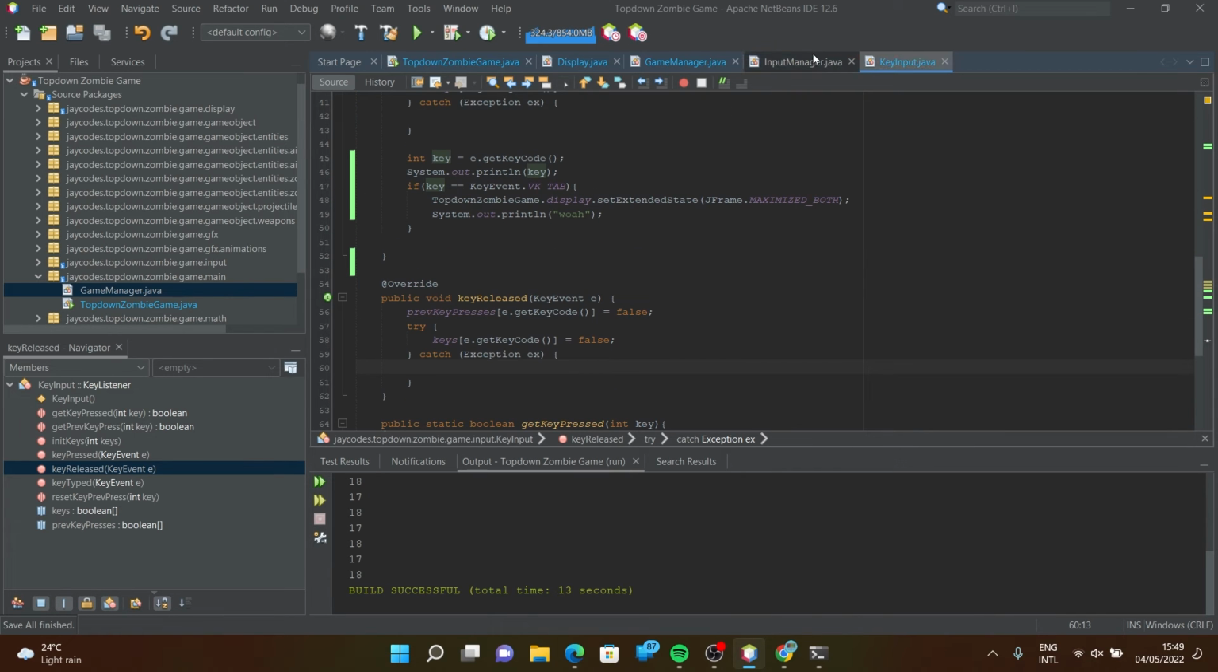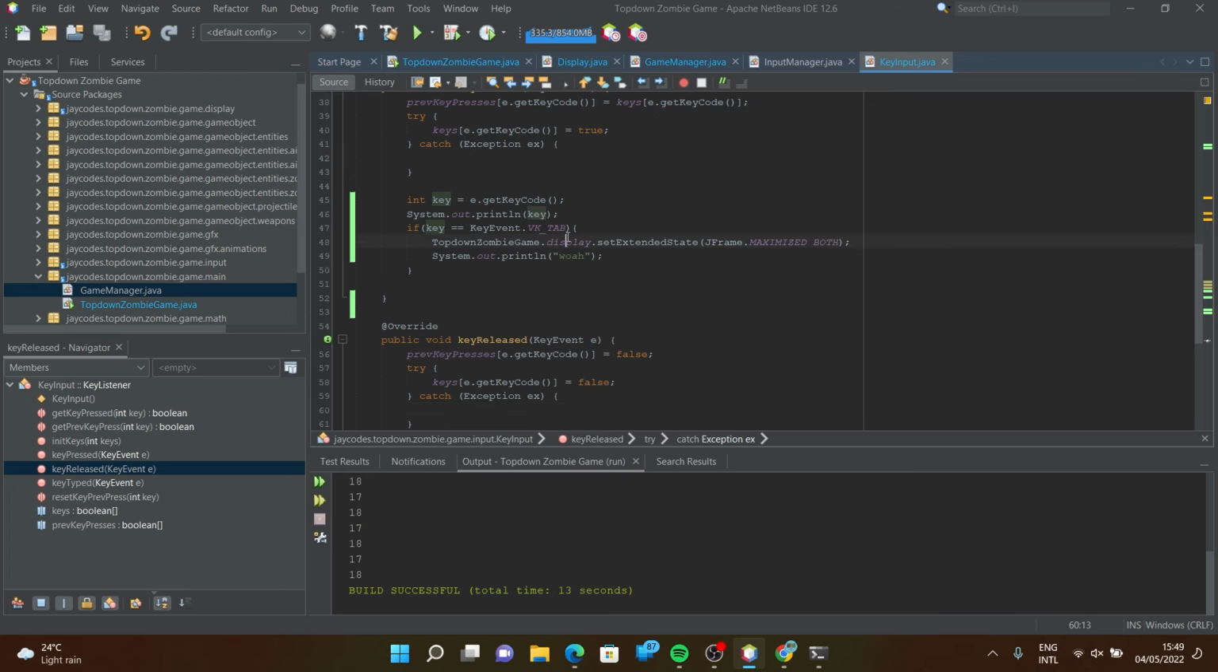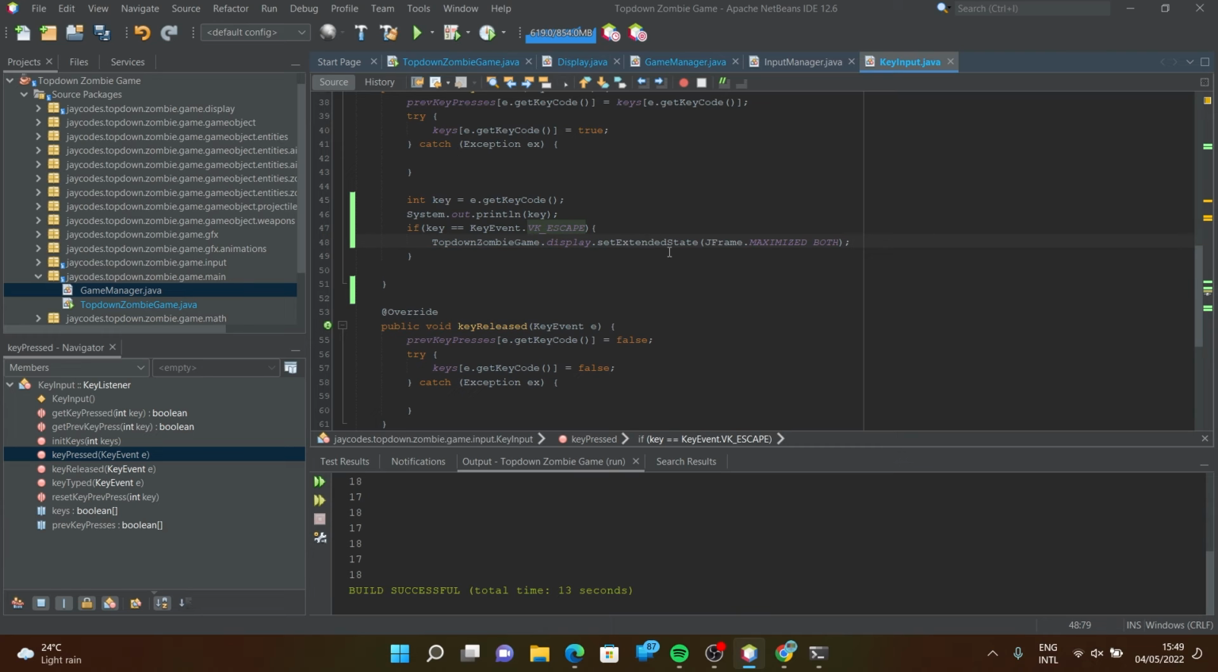So what I can do is simply go back to the key input and change this up from tab to some other key. We're going to change this in the future. Let me just simply make it escape for now. So when I simply type in VK escape, we want to toggle between full screen and small screen. So we want to say